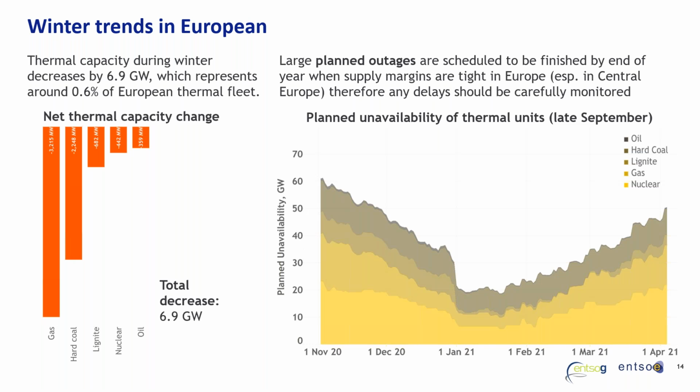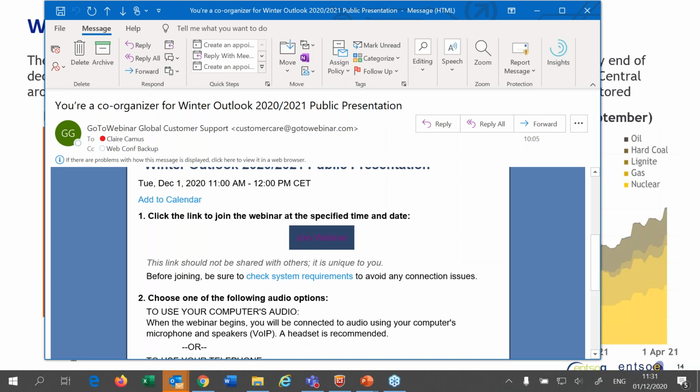There is nothing probably special in this curve. It does follow a common D shape, which reaches the minimum around January, where the European power system is most sensitive for adequacy during the cold spells. However, it is interesting to notice that there are many outages planned until